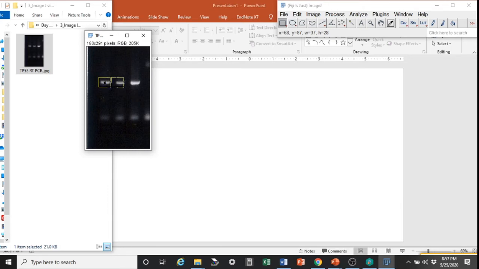You have to ensure that you are not making a new rectangle, but you are using the right key to shift this already made rectangle towards the right. What the software is doing is it is creating a new rectangle and it is shifting that rectangle to the next band. Now I am labeling it as 2, lane number 2. Again I will use the right key and shift the rectangle to the right hand side, so that now my rectangle is around band number 3.